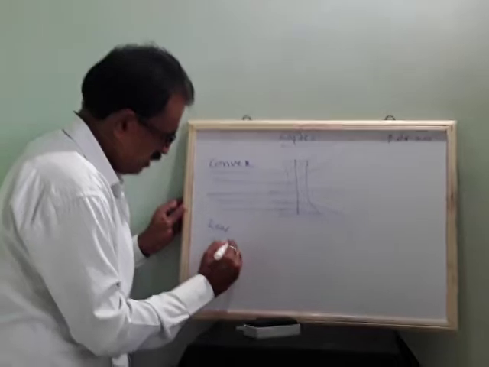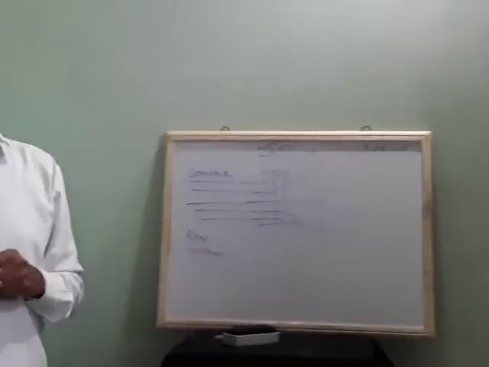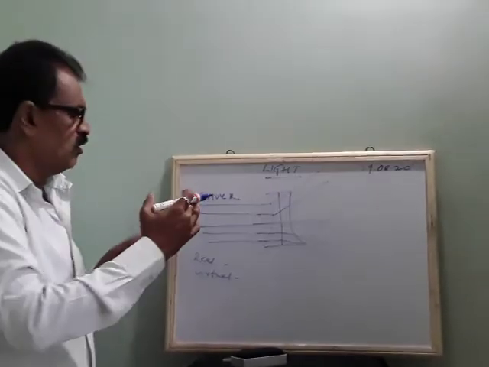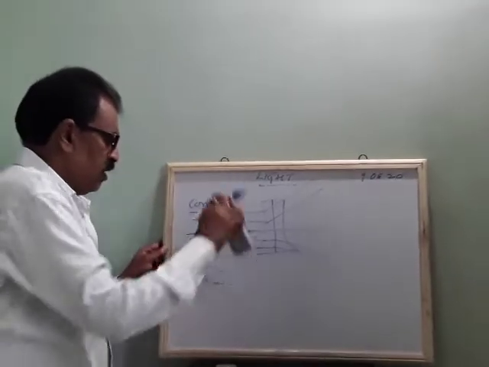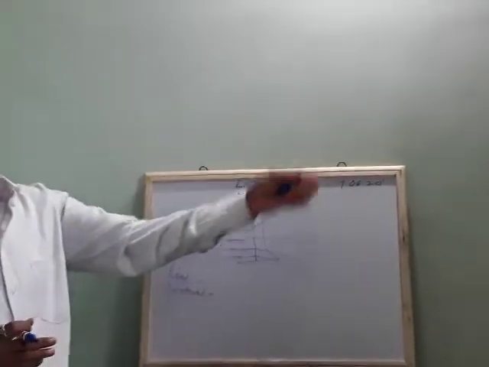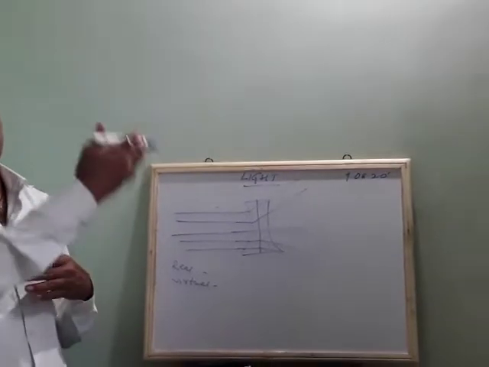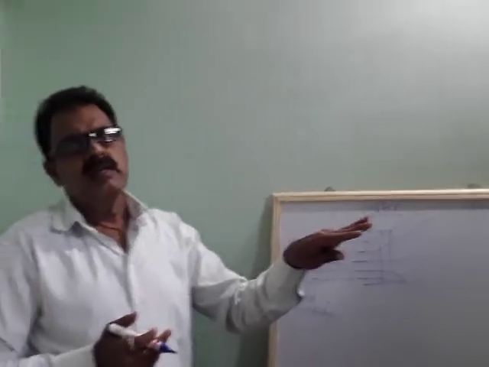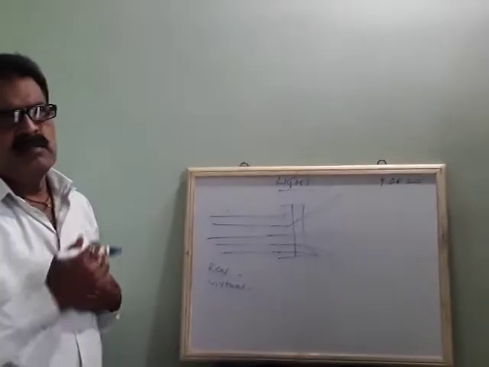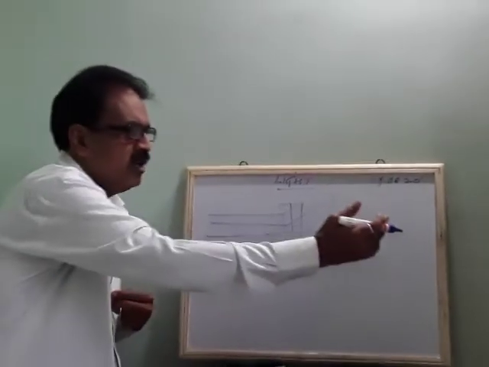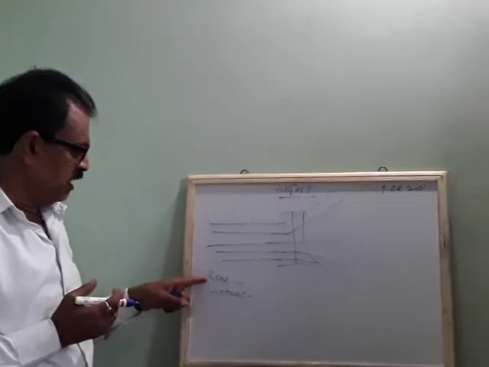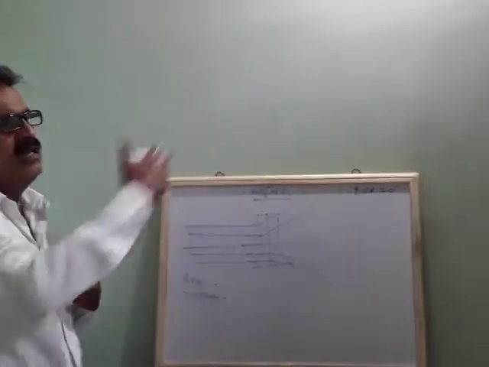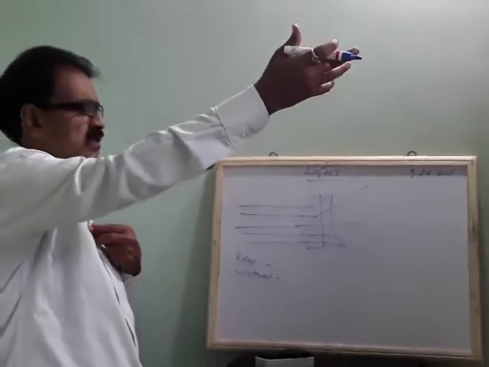Real and virtual images. Real images are those caught on the screen. You can see the image on the screen, like a plain mirror which is blackened at the back. There the image is formed as it is, laterally inverted and erect. Sometimes, depending on the distance, it is smaller or bigger in size in case of real images. Virtual images are those which are not obtained on the screen. We cannot see them on the screen. The image is found beyond the screen.